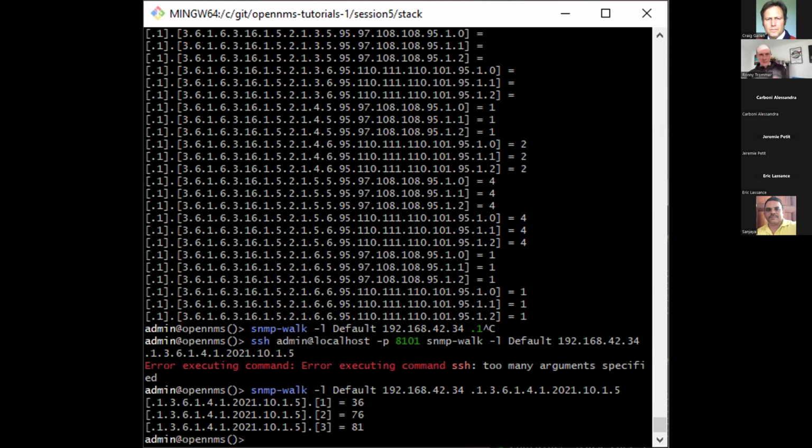It basically tries to query that OID with that SNMP configuration you provided. Yeah, I question you about that because for me, SNMP walk is a utility that is not delivered by OpenNMS. This is delivered by OpenNMS. This is actually, so you are in the Karaf shell. So it is delivered. Yeah.